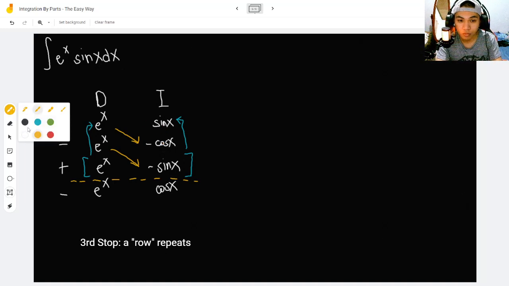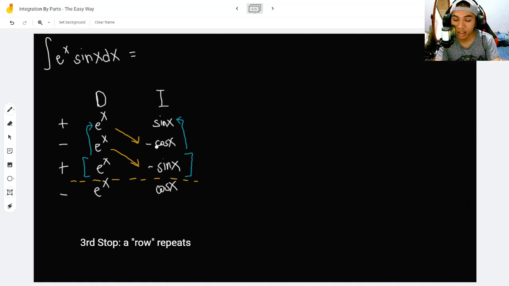So that would be equal to positive e to the x times negative cosine x, which is negative e to the x cosine x, right? Plus the product of negative e to the x multiplied by negative sine x, which is positive e to the x sine x. All right. And then we subtract